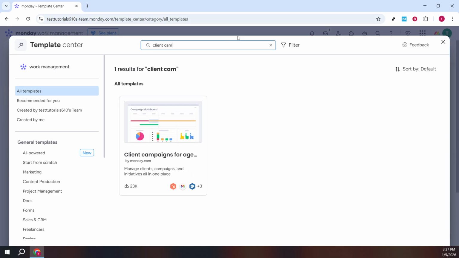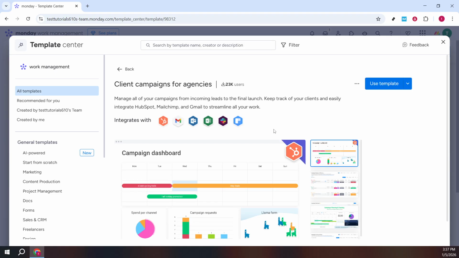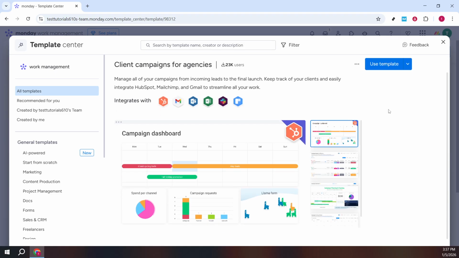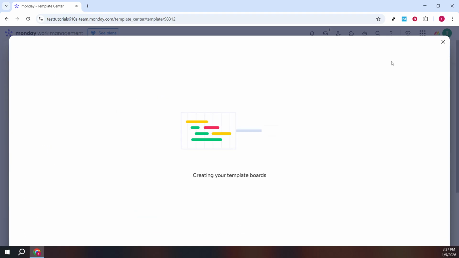Click on Client Campaigns for Agencies to preview what's included and confirm it matches the way your team plans, executes, and reports on campaigns. When you're ready, select Use Template. Monday.com will add a fully structured board to your chosen workspace so you can jump straight into tailoring it for